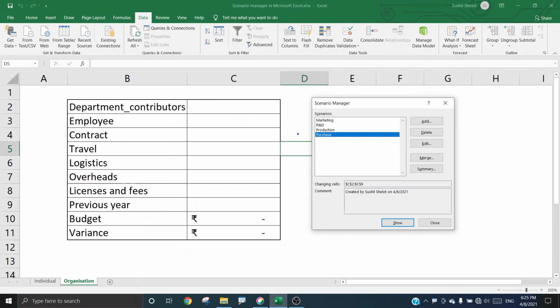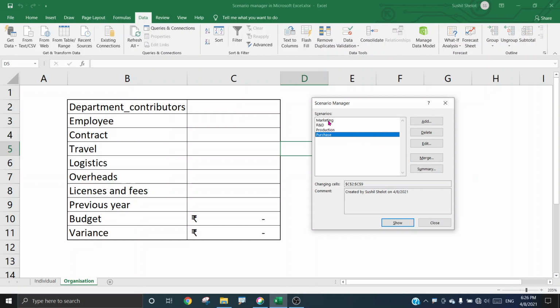Fine. So let us get on to how to use this or how to create it. Now if I go to marketing, a marketing department person must have created his budget for the following year, and while creating he has written here that the details are to be approved by head of marketing. Fine. The R&D person has done something for his department, same with production and purchase. And now a person who is going to compile them together has taken the inputs from these departments and created this scenario manager for the purpose of the organization as a whole to plan for the following year.